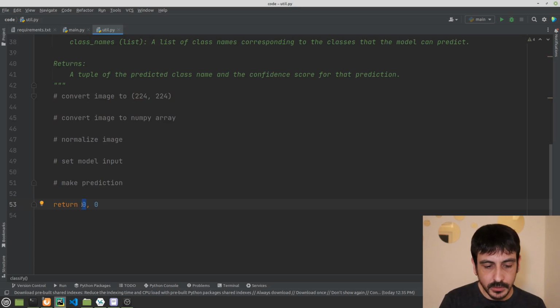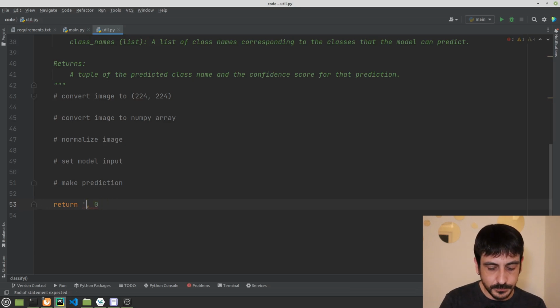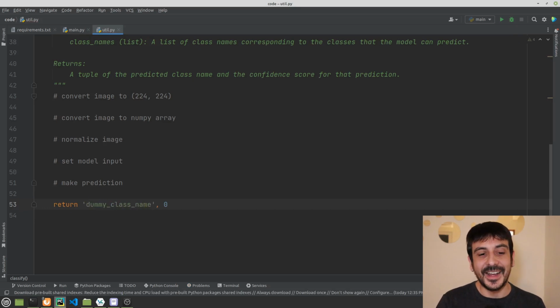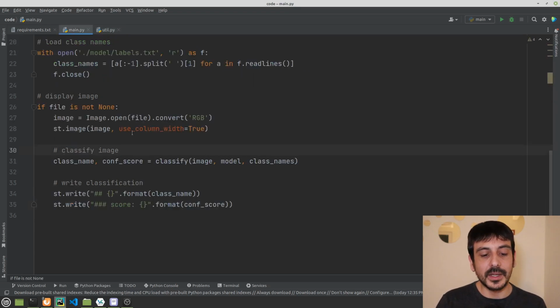We're just going to return dummy class name and a 0, right? So we are detecting the class name called dummy class name with a confidence value of 0. It doesn't make any sense whatsoever. This is only for debugging and in order to make sure everything is working properly.